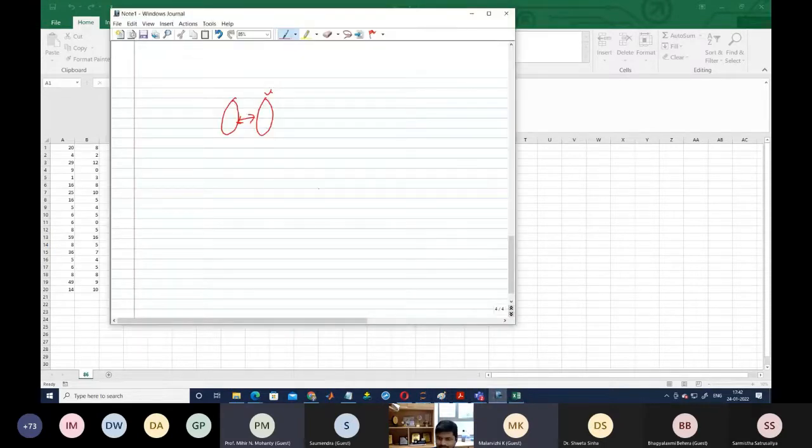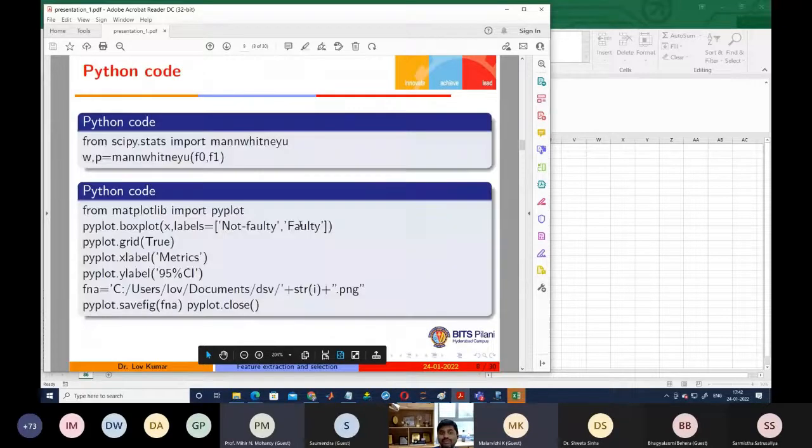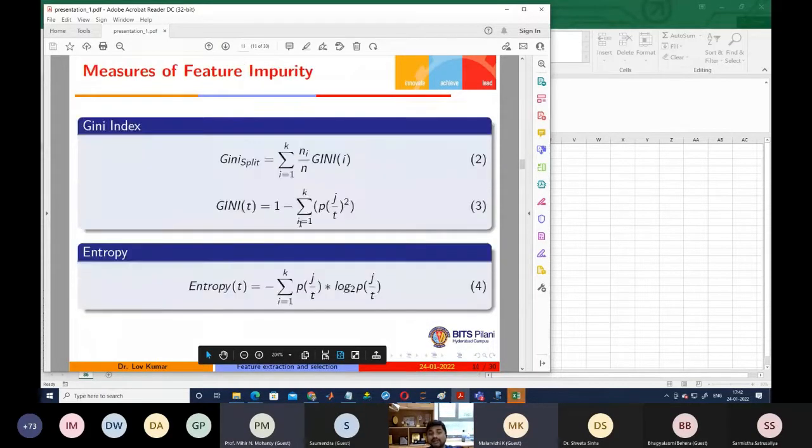Okay. After that, we are going for one feature ranking technique. There are various ways to rank the features, and here we are using one technique called the Gini split. That is basically used to rank the features. Now we'll see how to rank the features by using the Gini split. And then we will also see whether a higher value of Gini split is best or a lower value is best. Then we have to write the code for that.